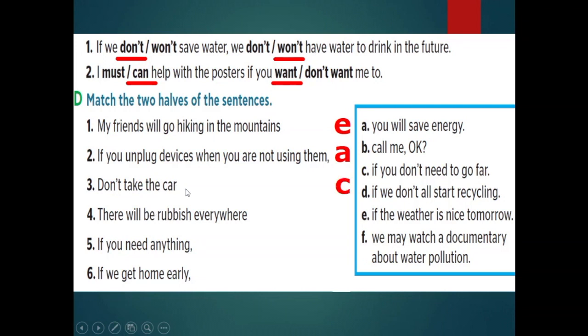Don't take the car if you don't need to go far. There will be rubbish everywhere. Correct. If we don't start recycling. Number 5, if you need anything,